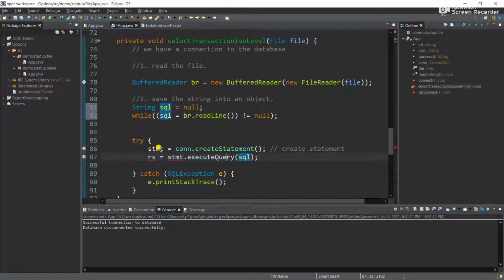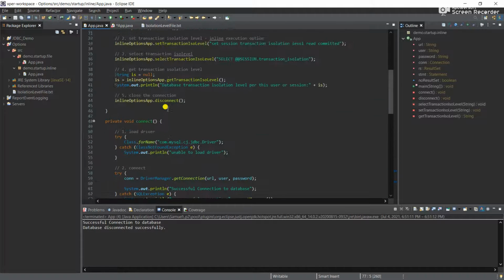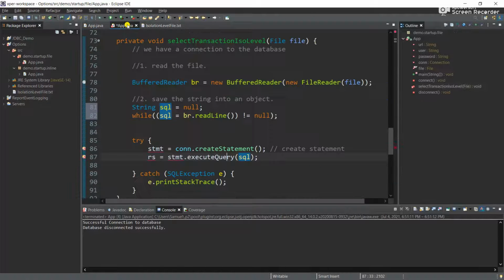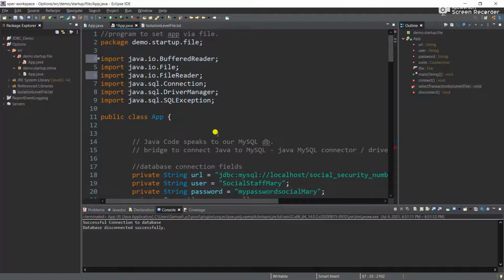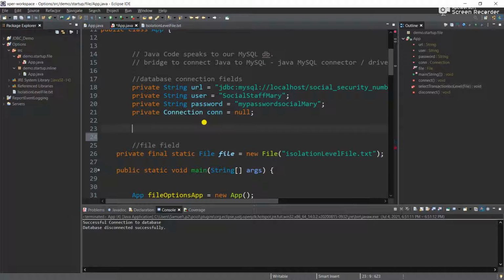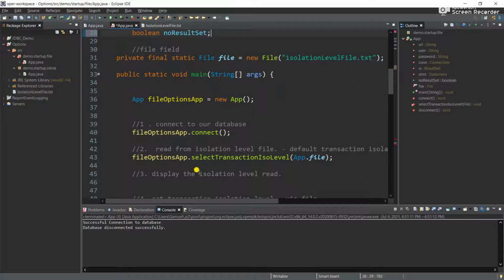Alright, so let's handle the squiggly lines under our statement in our result set. We'll go into our inline options file and copy those objects that we declared, the SQL members, and paste them in our file options app. If I'm moving too fast, please let me know in the comment section, so next time I take my time